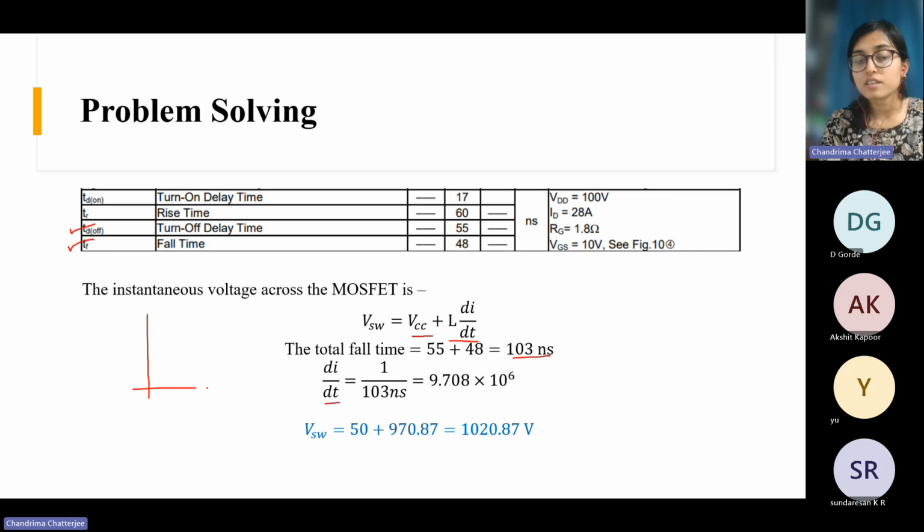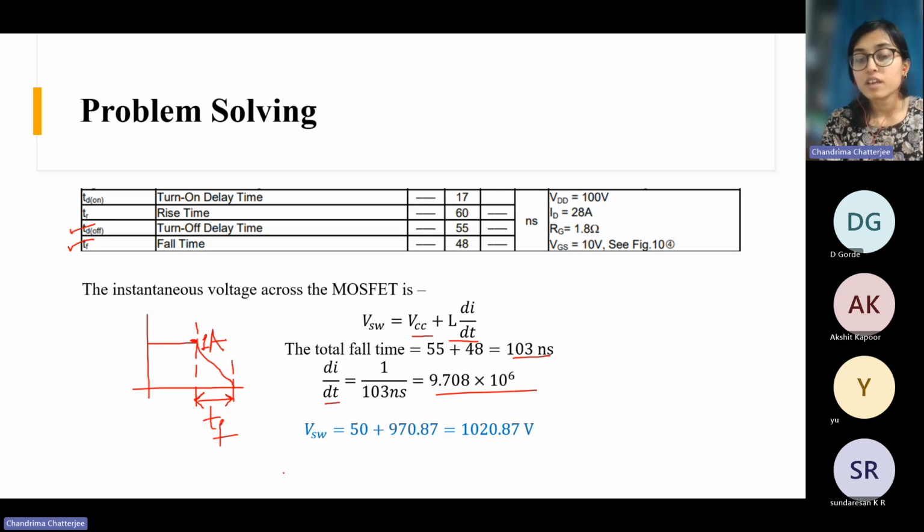Because this was the diagram, if you remember. We have approximated it as a linear fall, but usually it is not a linear fall anyway. So this is the fall time, right? So your slope di/dt is what? Current divided by t fall, that is your slope, right? This current was 1 ampere, that is specified, and this time duration is 103 nanoseconds. So di/dt is